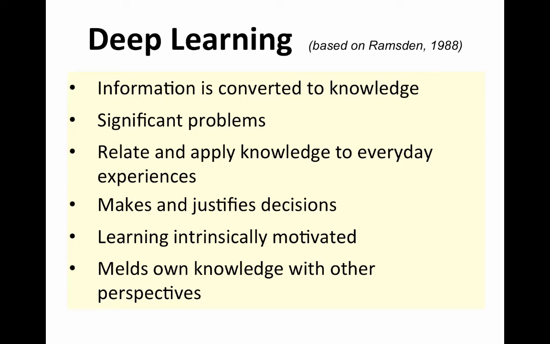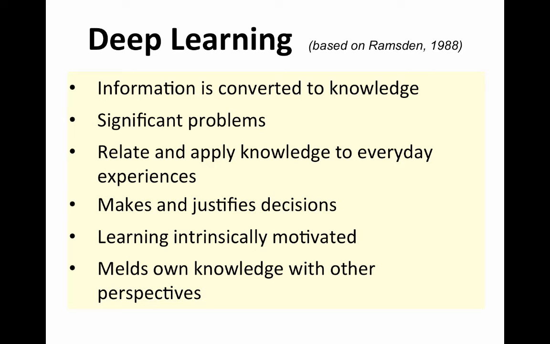One of the ways in which this course might be somewhat different from other courses that you've taken is that we have designed this course with the purpose of helping you to develop deep learning, to construct deep learning. So what is deep learning? Basically, it's a process by which information is converted to knowledge. So knowledge is not something that we as instructors can give to you. We can give you information, but knowledge is something that is actually constructed by the individual learner to be able to take that information and transform it into something that they can actually use to inform decisions or solve new